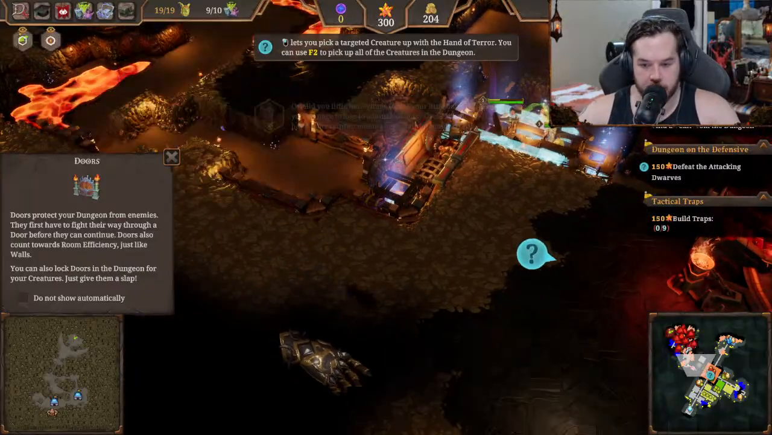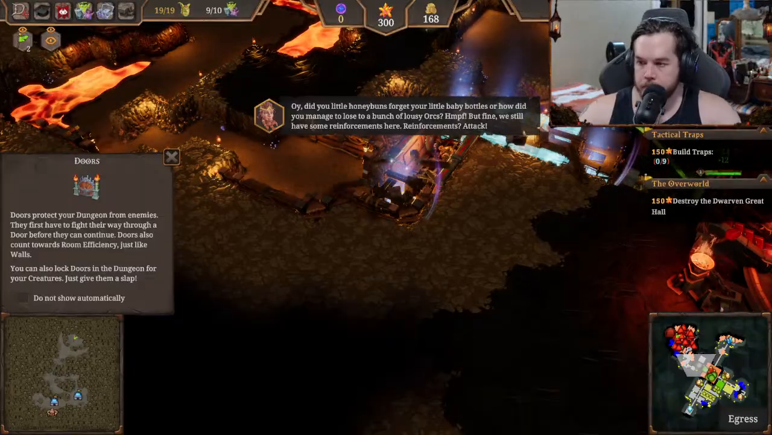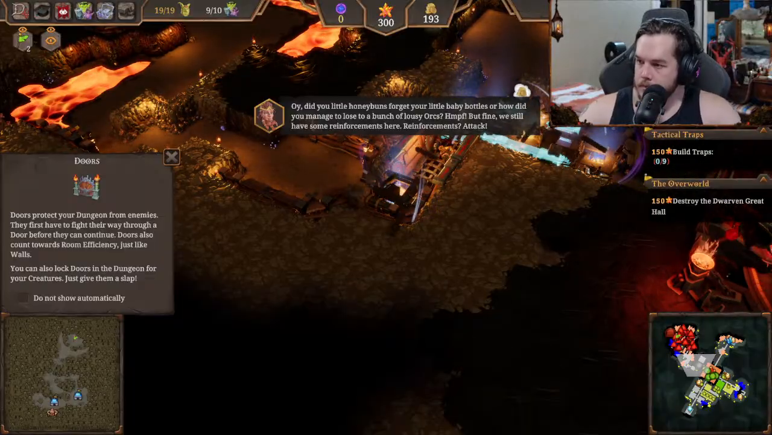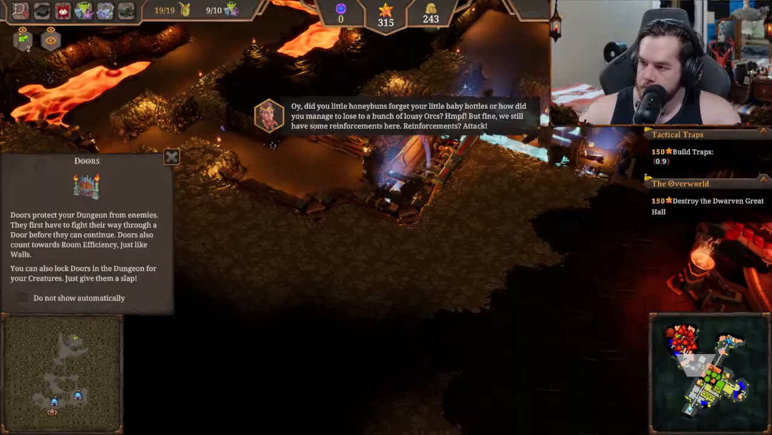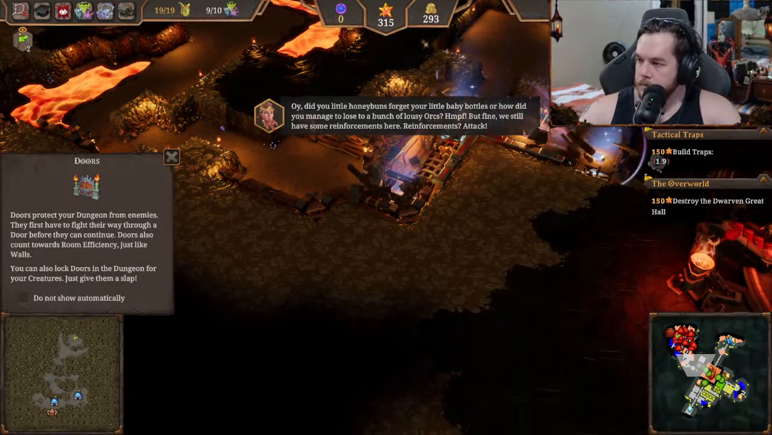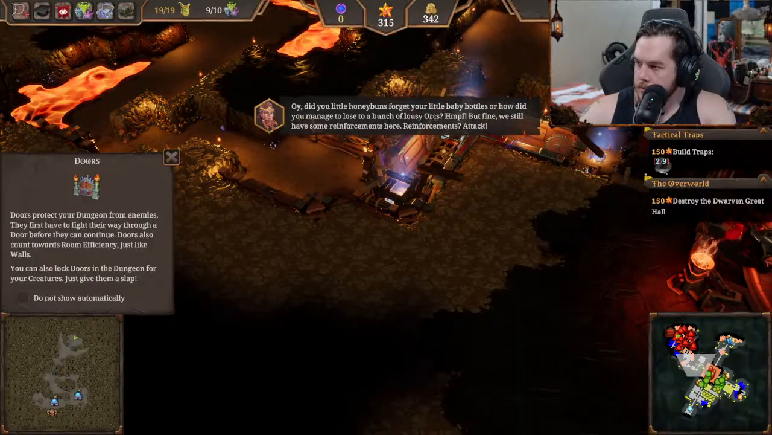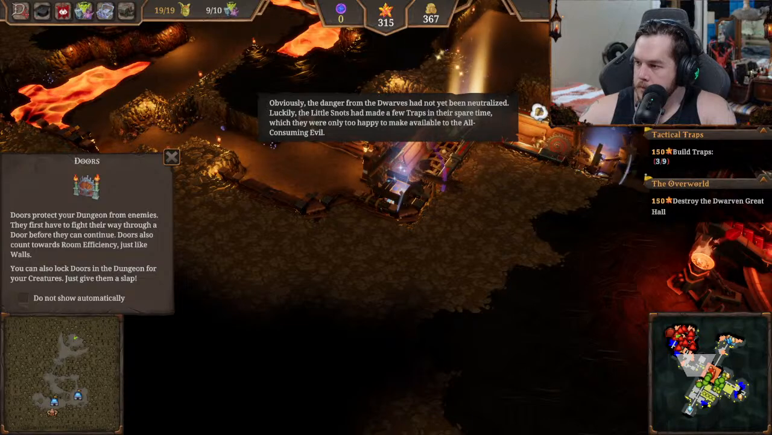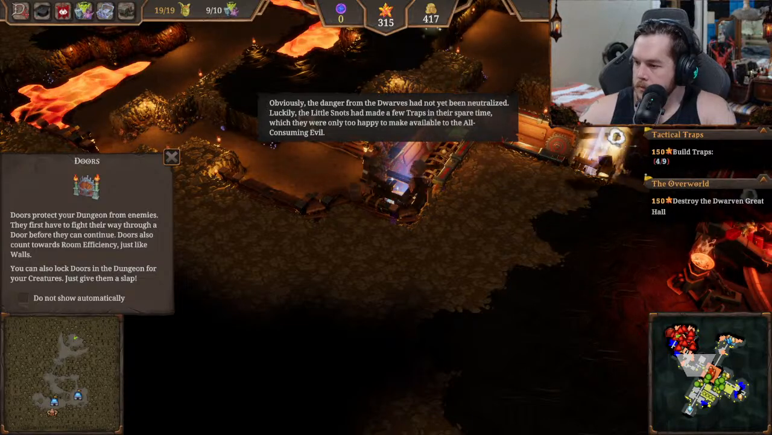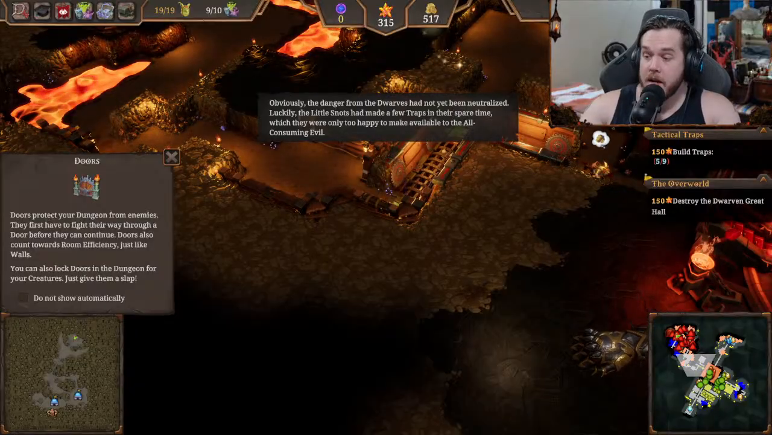Hold on, I need to check something. Oi! Did you little honey buns forget your little baby bottles? Or how did you manage to lose to a bunch of lousy orcs? But oi, we still have some reinforcements here. Reinforcements? Attack! Obviously, the danger from the dwarves had not yet been neutralized. Luckily, the little snots had made a few traps in their